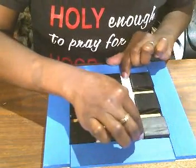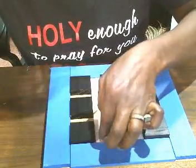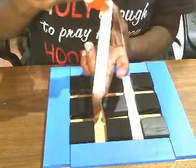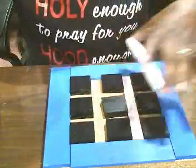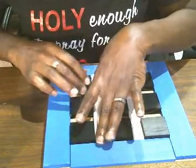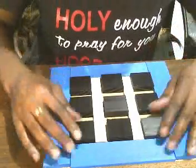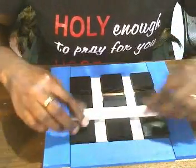So we're going to stick that down off there. And we're going to go ahead and do the same thing to the other side. Just going to grab some wood glue. And we're going to go ahead, stick that there, like that. And then we're going to go ahead